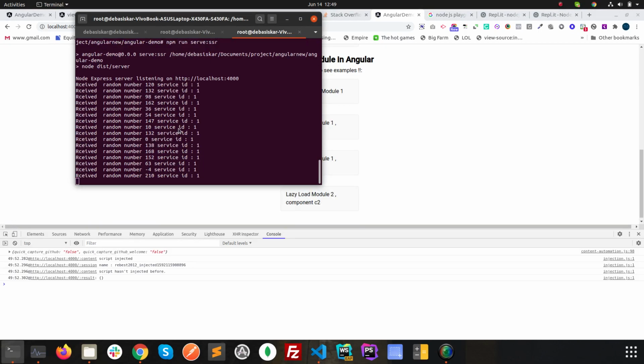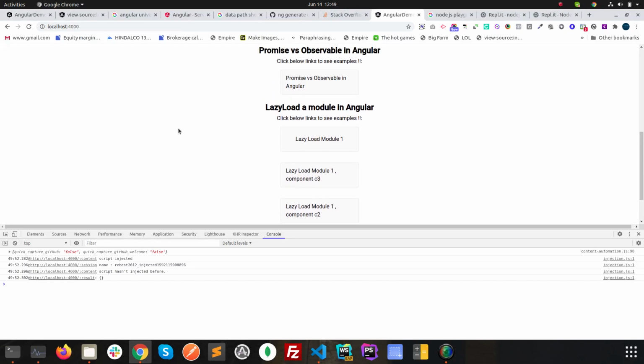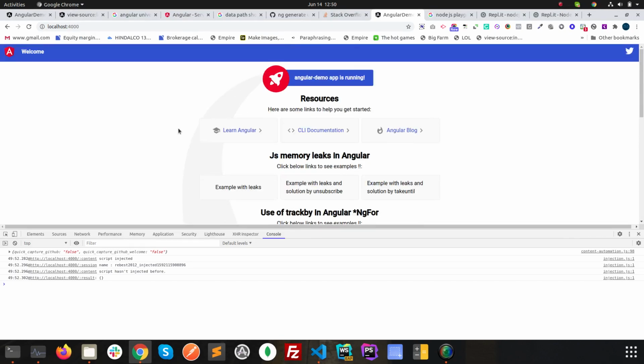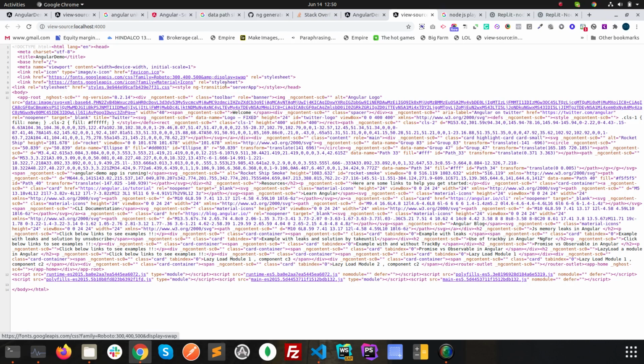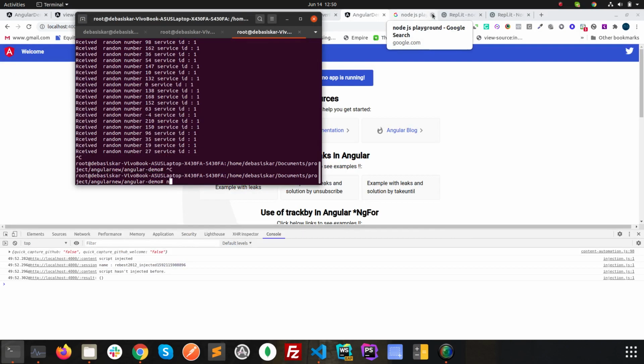So this is how you can have a project rendered on the server side. And just to verify again, you can see it's working fine. If you have enough knowledge about Node, then you can run this code also.